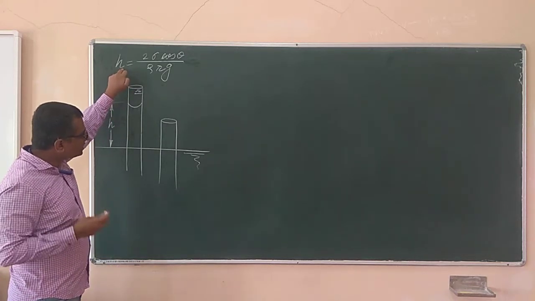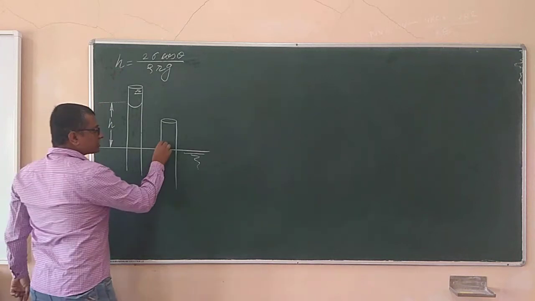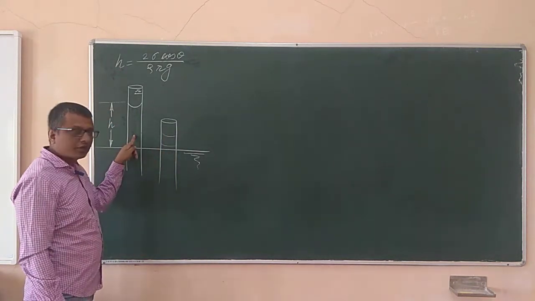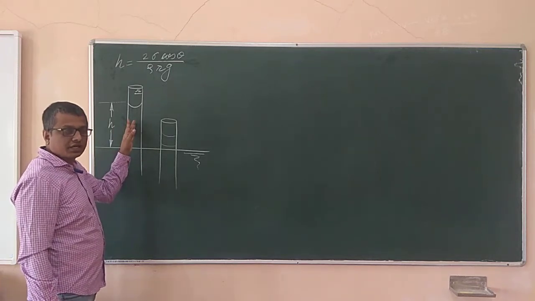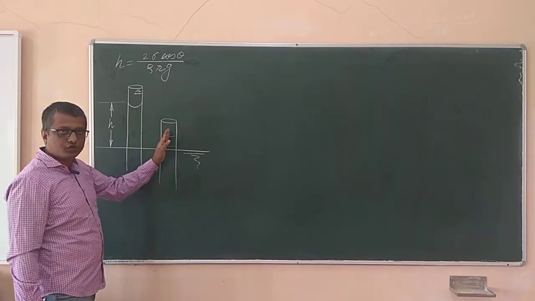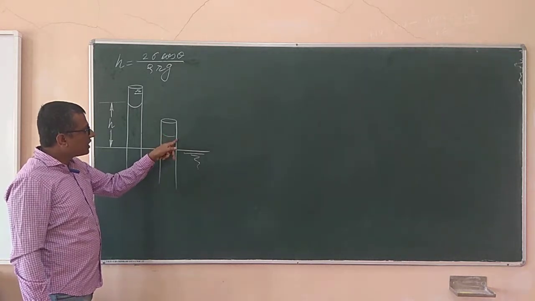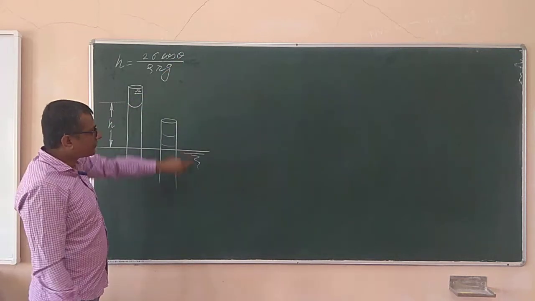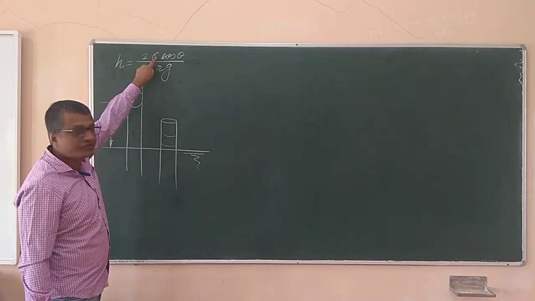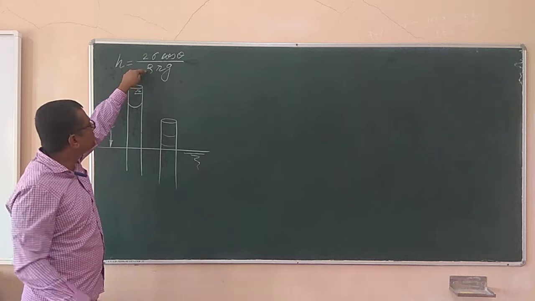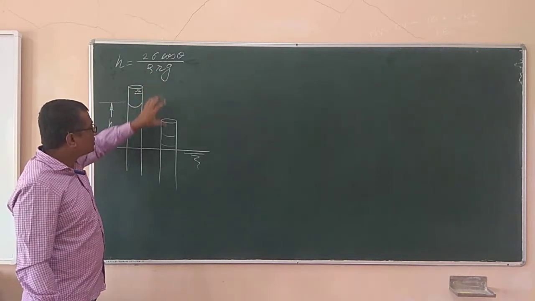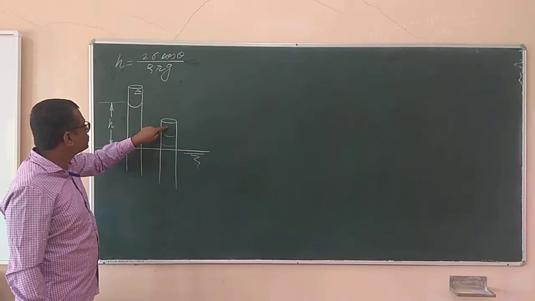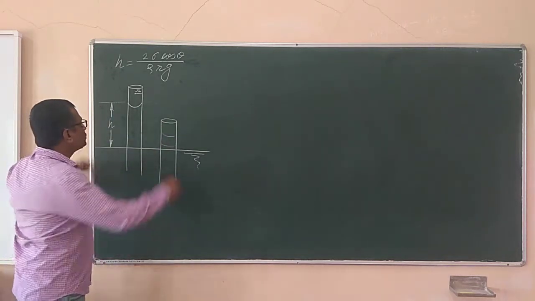So you may think that the liquid level in this capillary tube should rise up, as the tube is of the same radius as that of this tube. This is the first case, and in the next case I have lowered the height of the tube. So the radius is same, material is same, so the angle of contact theta should also be same. Liquid is also same, so sigma, that is surface tension, and density of the liquid will be the same, and rho g are also same. So in this position also, the height of liquid level into this capillary tube should go up to this height H, which should be up to here.